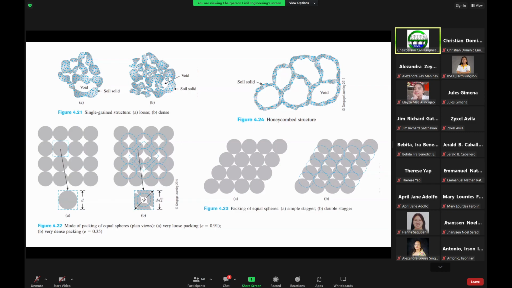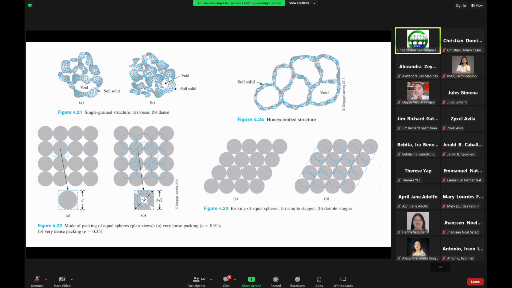So again, you're looking at the top. So in this case, you have minimized the voids, or the spaces between the particles, because you have placed the sphere in between. For example, these are four spheres, the gray ones, then you have a sphere at the center. So in that case, you have a very dense packing, and that probably gives you a void ratio of